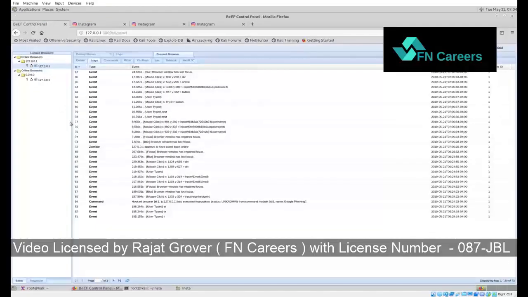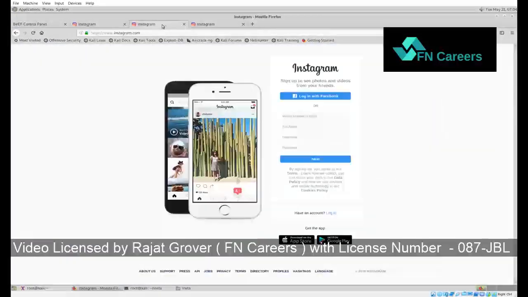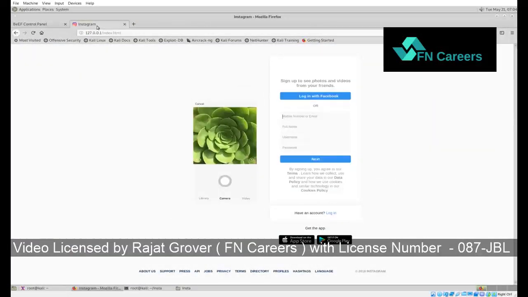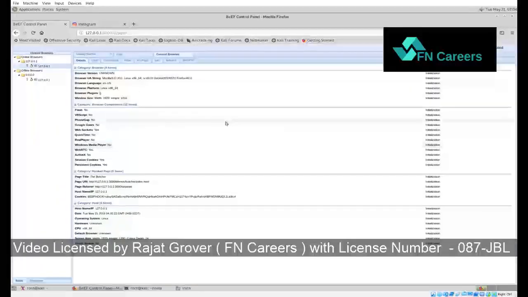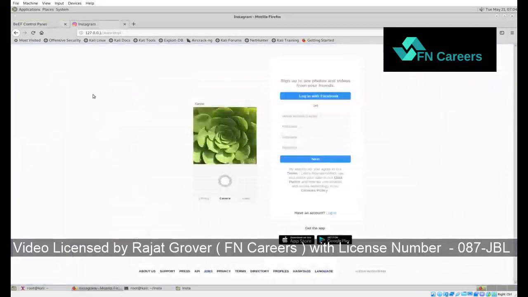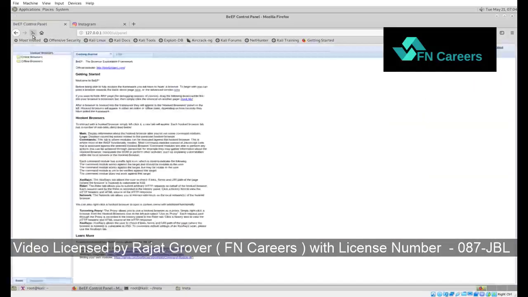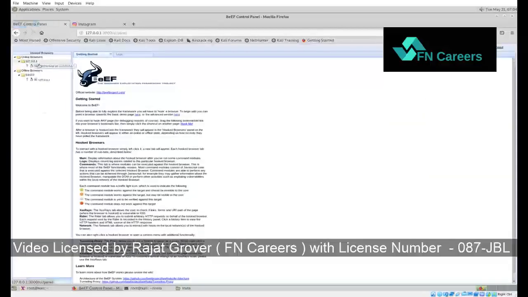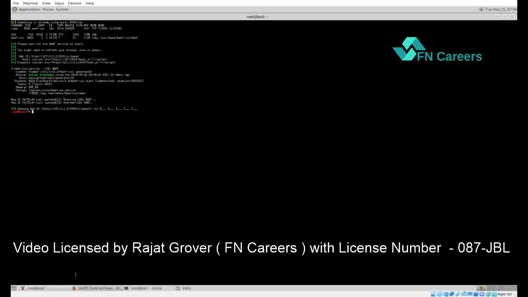So, of course, my browser is no longer hooked, and oh, maybe it's hooked because no, it shouldn't be hooked. It will probably take some time to disappear, but it shouldn't be hooked. I haven't loaded that page anymore. So if I refresh a couple of times, maybe it will disappear from the online browsers. Usually it shouldn't be hooked because I don't have the malicious hook added to the actual web page that we're